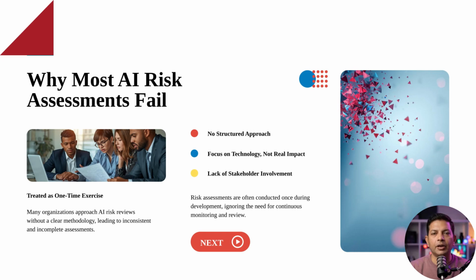Most organizations today are deploying AI at speed, but when it comes to assessing risk, they either overcomplicate the process or completely miss critical areas. I've seen teams spend weeks debating risks without a clear structure, and others just tick boxes without really understanding what could go wrong. The reality is, AI risk assessment is not as complex as it sounds, but it does require a structured approach. If you don't know what to look for, you'll either miss major risks or waste time on